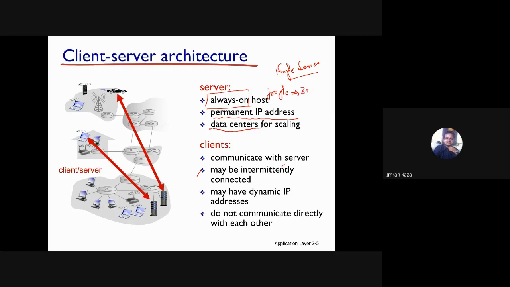It has 30 to 50. I'm not talking about a single server. I'm talking about data centers. And these data centers are distributed around the world. Why? To collectively handle search, YouTube, Gmail, and other services, right?